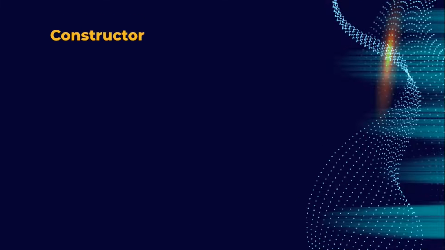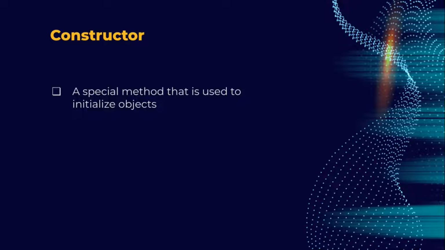So, what is a constructor, right? A constructor is a special method that is used to initialize objects or initialize attributes, as to say. So basically, your attributes are your objects, and you want to initialize those objects, right? It's objects of different types. Maybe you have an object of a string, you have an object of an integer, and I do hope that you guys